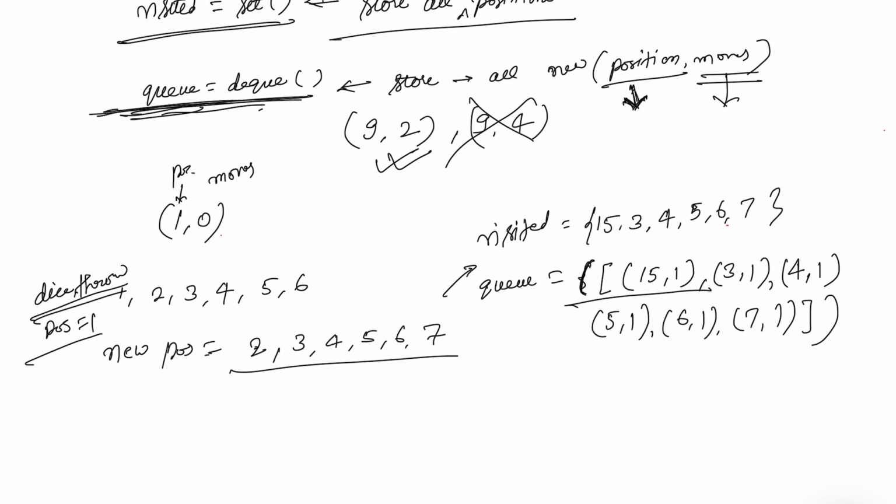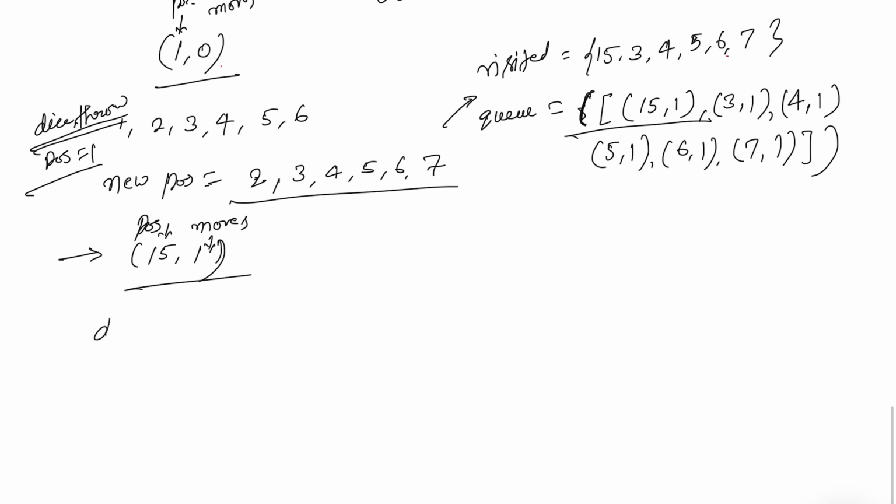We have checked this one for 1 and 0, our initial position was 1 and 0, and next I will take 15 1. Our position here is 15 and moves is 1. So for 15 1, I will again throw the dice. The dice throw can be 1, 2, 3, 4, 5, and 6. Again we will store inside of this visited. So 15 is the position, and its new position can be